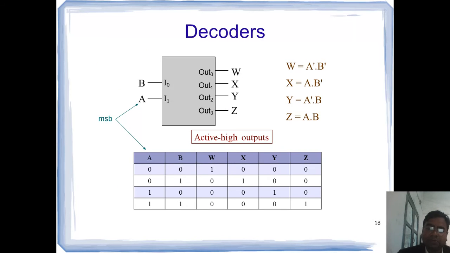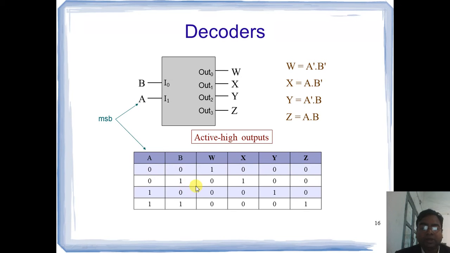The same diagram we can also observe from the case of the demultiplexer. Instead of one input, these A and B, which were select lines there, now work as input lines. Similarly, depending upon these values, out of 2 raised to power n outputs, only one will be active. In this case we have 0 0 as input, and W will be active. On all other output lines, the outputs will be inactive.